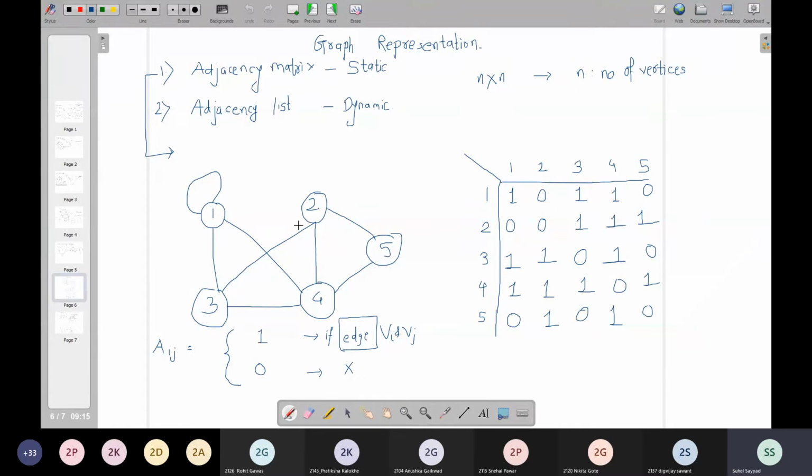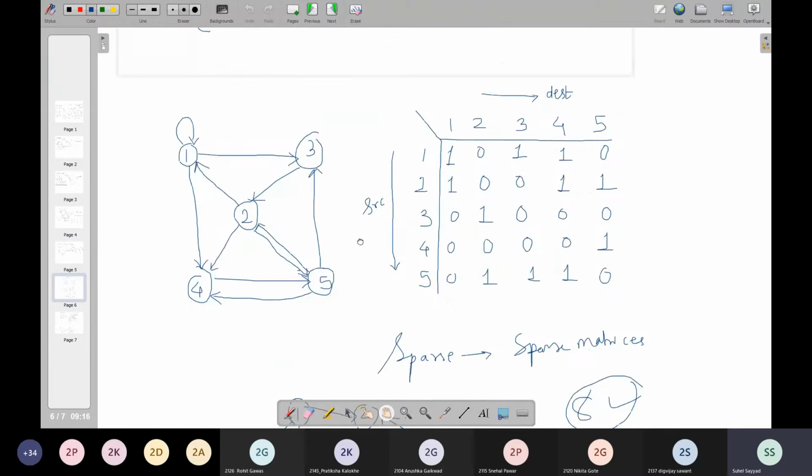In this matrix, the value is set to 1 if there is an edge existing between the vertices vi and vj; then the corresponding cell aij in that matrix is set to 1. If there is no edge, the corresponding value is set to 0. For an undirected graph, the same edge can be used as 1 2 and 2 1, so the corresponding entries of 1 can be written both ways. But for a directed graph, we had seen one example, edge 1 2 is different and edge 2 1 is different, right? So depending upon what kind of edge you have in your directed graph, we can represent the respective ones in our adjacency matrix.